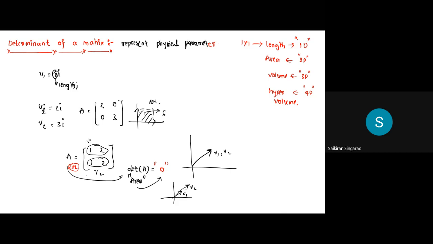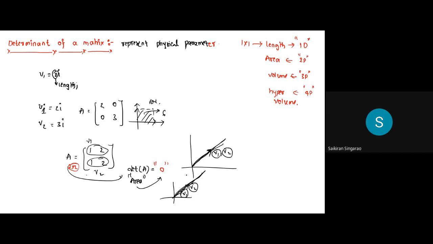If area is becoming 0, that means the determinant is coming 0. That means you don't need two dimensions to show these vectors, right? Only a single line is required to show both v1 and v2. Are you following my point? My point is very simple. If the 2 cross 2 determinant is 0, it has to be a two-dimension system, but it has lost one dimension and it has come into a single line. This concept is very important while understanding rank. That's why I'm teaching this.